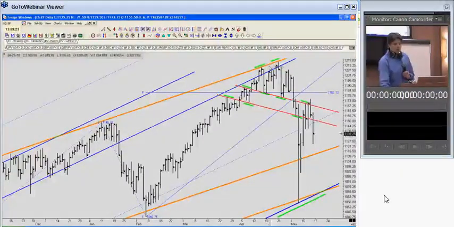Sure. So we reversed, came back down. In fact, we dropped down to like the 1180 area, came back up. And on the day that we hit the action-reaction line again, I said, look for another reaction at this line. And I forget what happened on that particular day. The markets fell back down, and it gave a second bounce. At that point, I noticed,